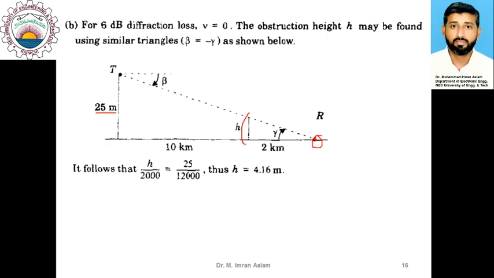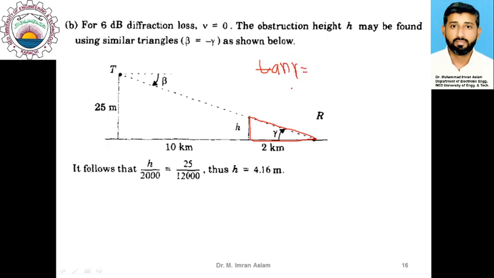This obstruction is represented here, h is represented here. So you would have a geometry which is somewhat like this. Now if you focus on this geometry, you can see that there are two different triangles in it. The first triangle is this one, which is illustrated here, and if I ask you to calculate tangent of gamma here,